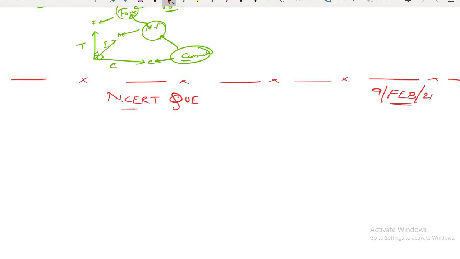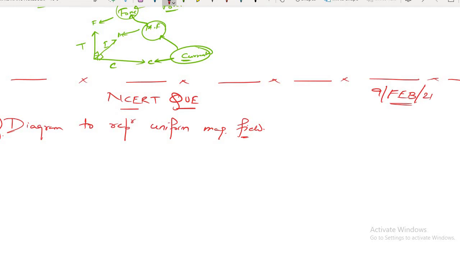So, one important question: the magnetic field in a given region is uniform. Draw a diagram to represent that. How to represent a uniform magnetic field with a diagram? Who can tell me? Inside a solenoid, we will make a parallel magnetic field. Yes or no? Yes, sir.